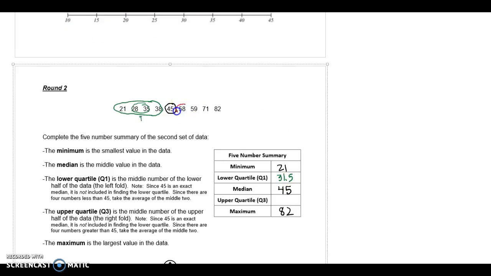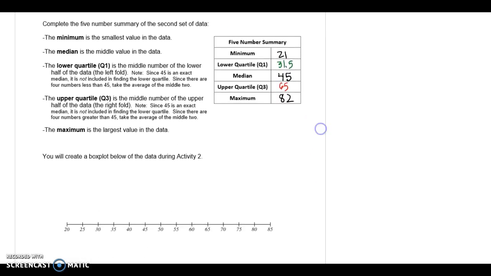And I'll do the same for the upper half of the data. So again, 2 numbers in the middle, 59 and 71. When I average those out, I get 65. So I can set up my box plot from this. I've got 21 as my minimum, 82 is my maximum, lower quartile 31.5, so somewhere in that area. Median is 45, upper quartile 65. So once again, this number right here, 21, is our minimum value. So we're going to draw a line. There's our maximum value. Draw that line. And then the in-between stuff